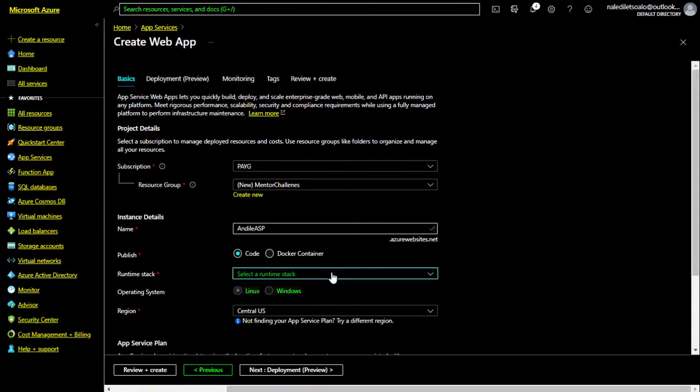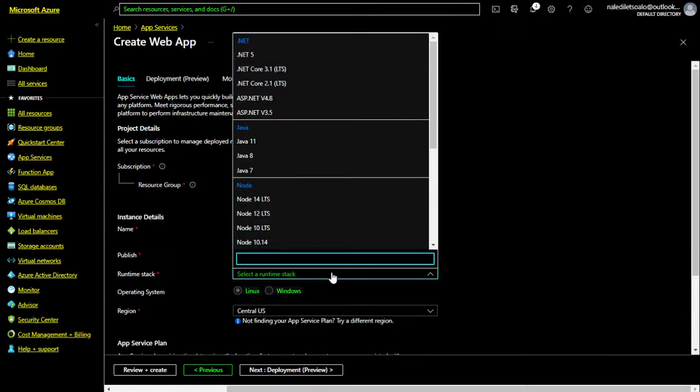Now, a runtime stack is the kind of environment that I want to deploy, right? And the kind of environment that I would like to deploy is, for this one, .NET 5, which is .NET Core 5 or .NET 5. And that's the first one that we're going to try and deploy, right?